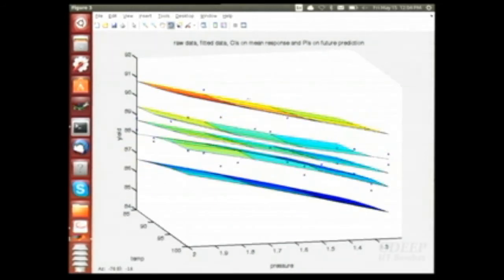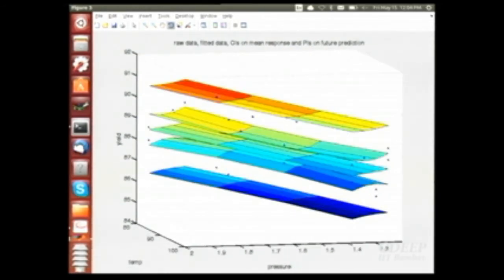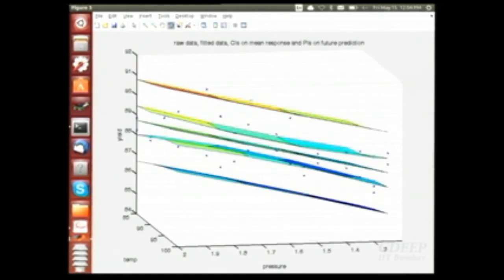And probably you can rotate it. You can see it over here. This is how it looks. The x marks are your raw observations. This center surface is your fitted hyperplane, and these two surfaces, well, these are not really planes, these are again quadratic surfaces. The distance between these two surfaces gives you the width of your confidence interval at a particular combination of x1 and x2, fine. And again, these are curved surfaces.